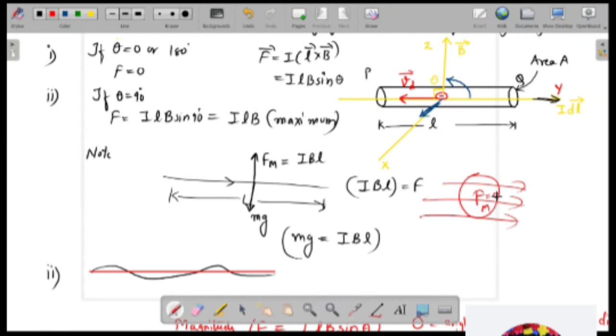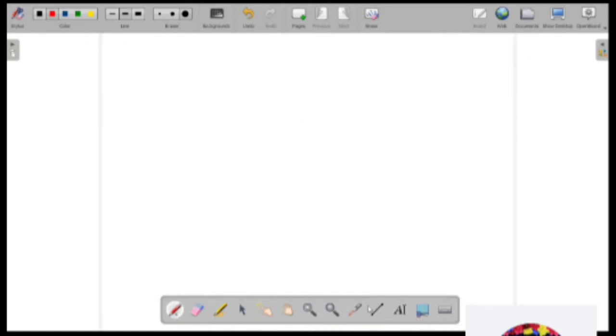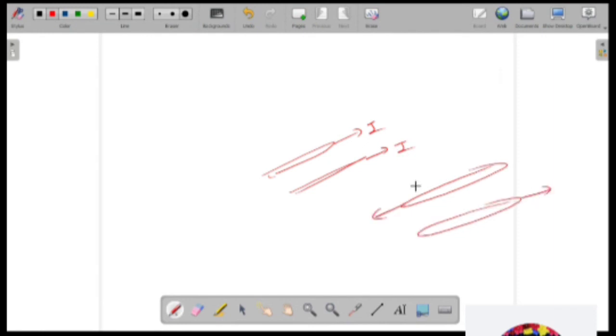In the next class, we are going to learn another derivation which is going to give us the force between two parallel currents. That means, supposing you have two conductors, and both are carrying some current. There is current flowing through both the conductors, either in the opposite direction or in the same direction. Then what is going to be the force between them? Whether they will attract each other or repel each other, that we are going to see in the next class. And then finally, we are going to define what is 1 ampere using that expression.